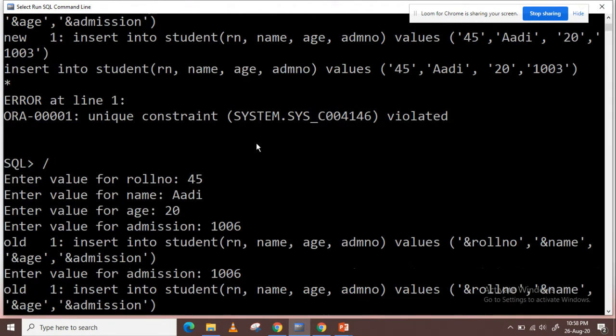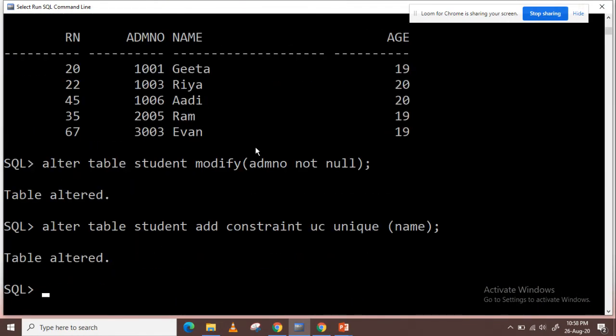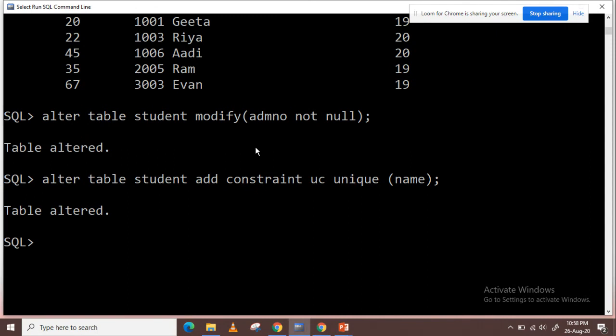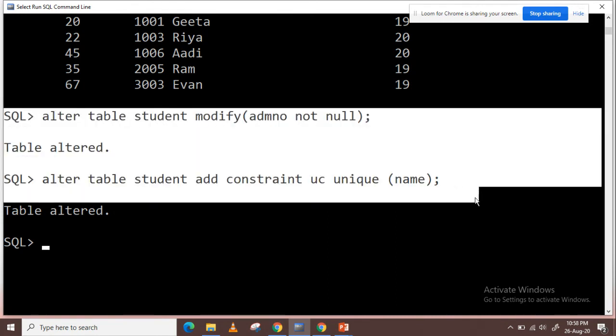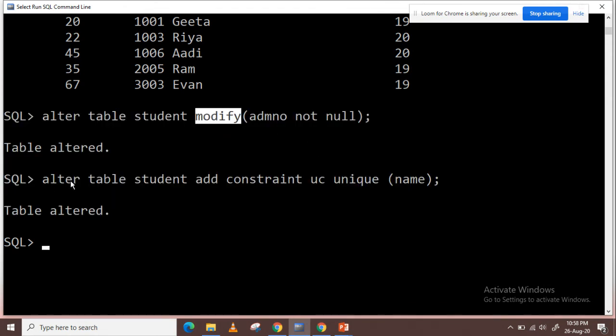And if we come with the constraint conditions after creating the table, or for any other existing table, then we can use the alter table command to add any of the constraints. But remember one thing: alter table with add can work for all other constraints except the not null constraint. For not null, you have to use the alter table command in this format only: alter table student modify. Alter table add constraint, and the keyword constraint with the constraint name is optional. You can always skip this option.